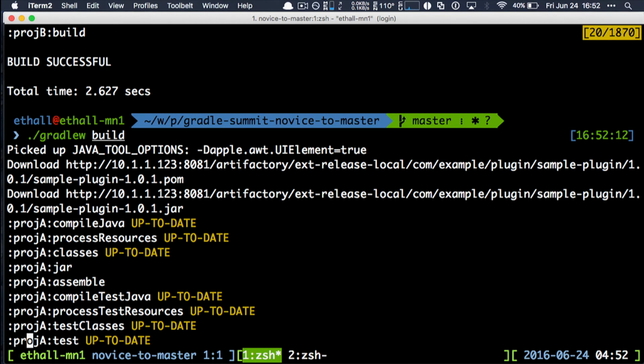When you stop at the apply from a script, you can do two different things. You could apply from a URL, which means you'll have no caching at all. So if GitHub goes down for some reason, your builds will just stop working, which is not what you really want to do. You can also do something weird with Git submodules. You could clone a different module in and assert that the values are always right and have some complicated build logic every time you run so that you know that everyone's up to date. But that induces a lot of churn on the developer.